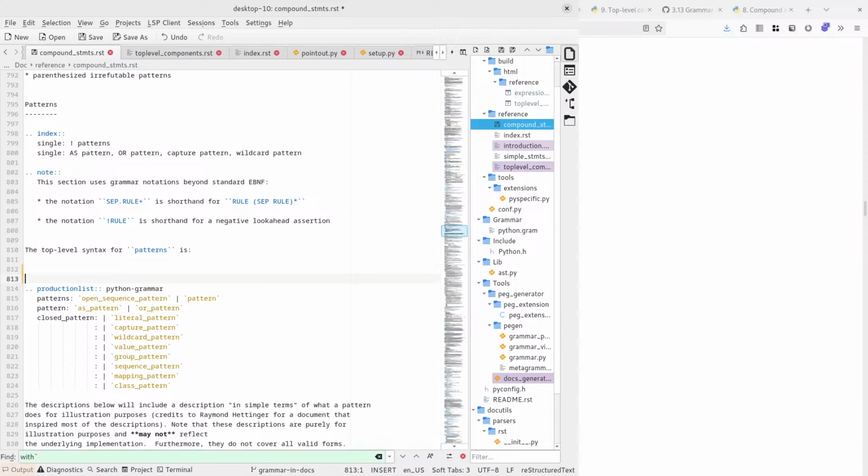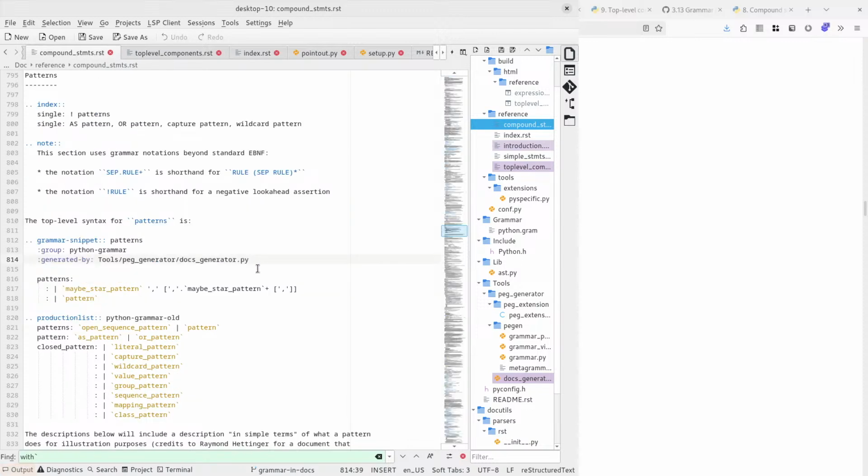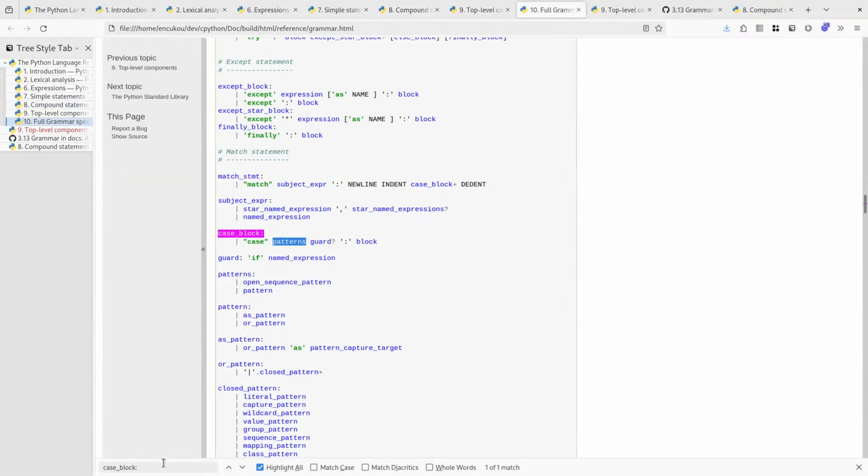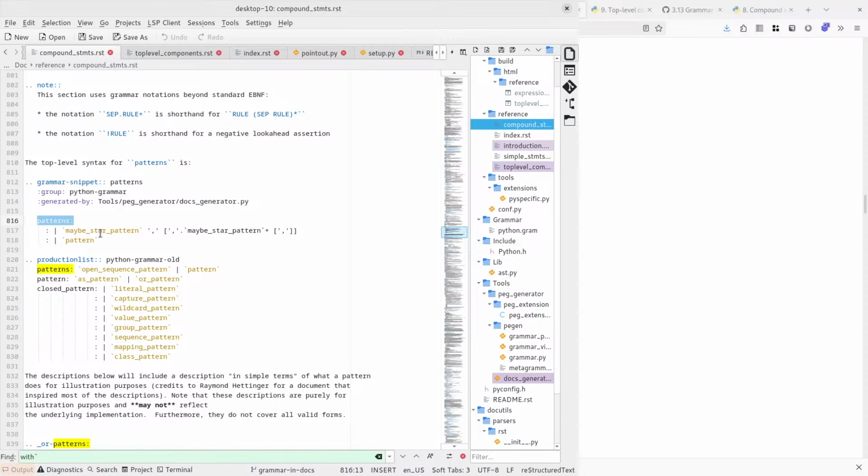Patterns look a bit more interesting. So let's see what patterns look like on their own. Oh, maybe star pattern. It's not too bad. Pattern. Yeah. And I guess this open sequence pattern got inlined, which we probably don't want. Open sequence pattern sounds like a good name,